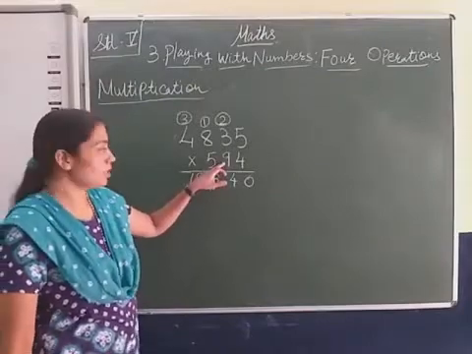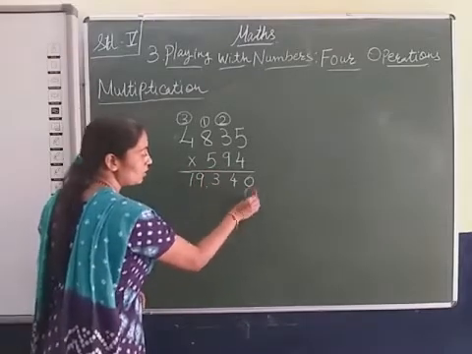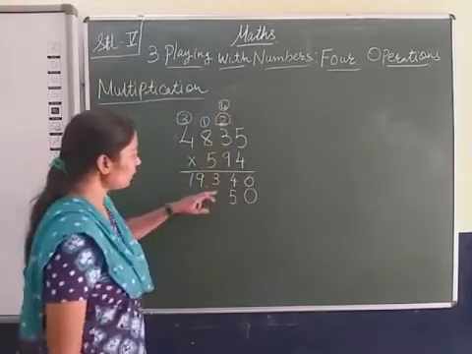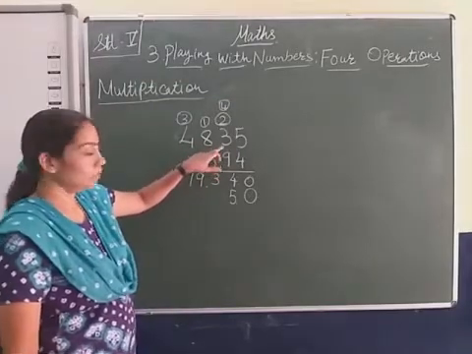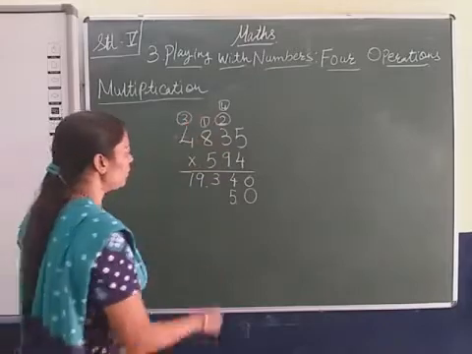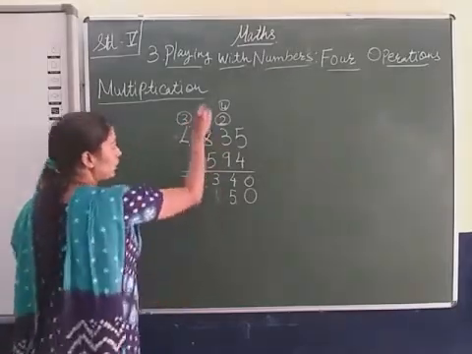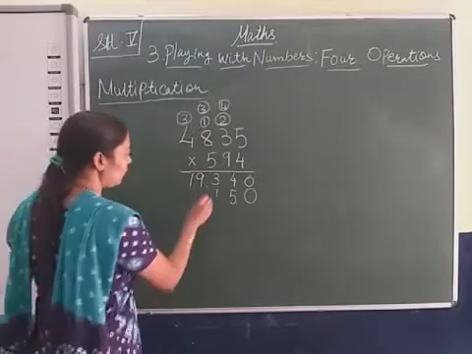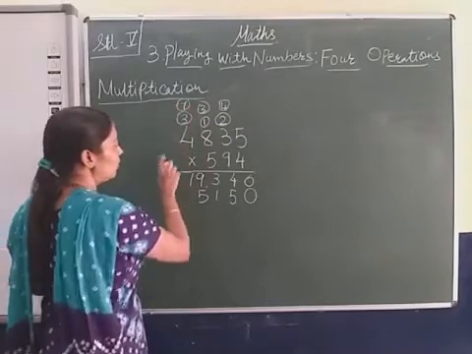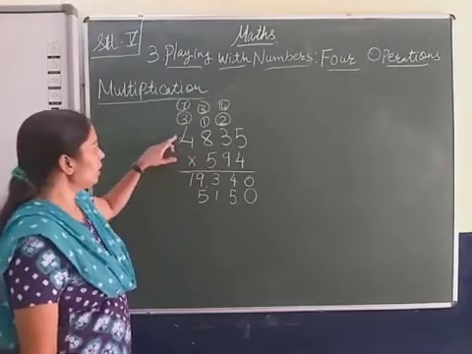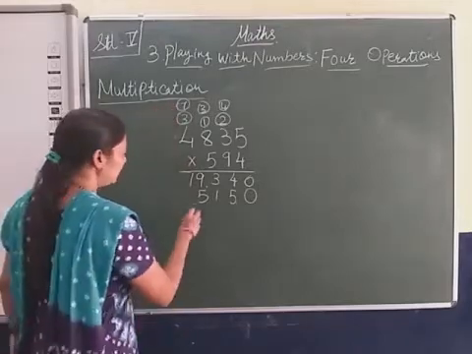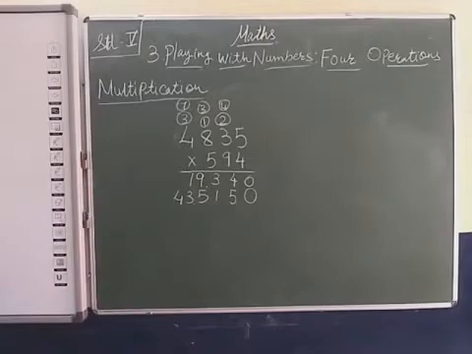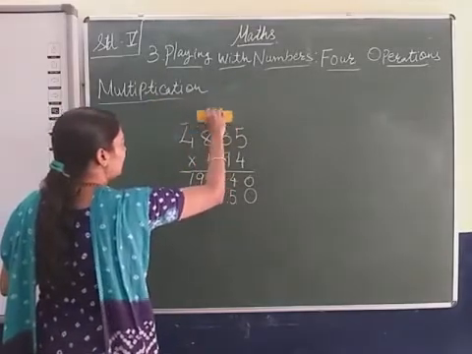Now we start the multiplication from the tens place, so we will put 0 here. 9 5s are 45. 5 will come here, 4 is carried forward. 9 3s are 27, 27 plus 4, 31. 1 is written, 3 is carried forward. 9 8s are 72, 72 plus 3, 75. 5 is here, 7 is carried forward to the thousands place. 9 4s are 36, 36 plus 7, 43. 43 we will write here. I wrote this, otherwise you will be confused.